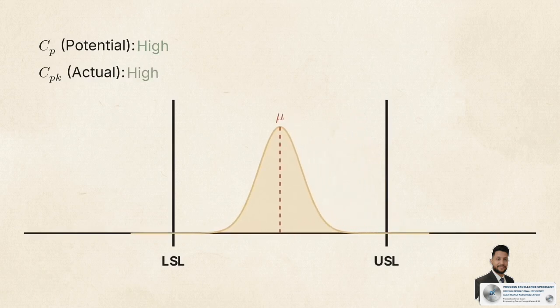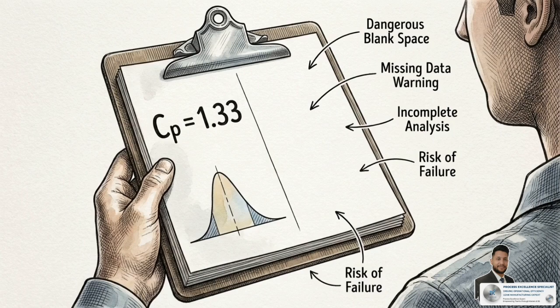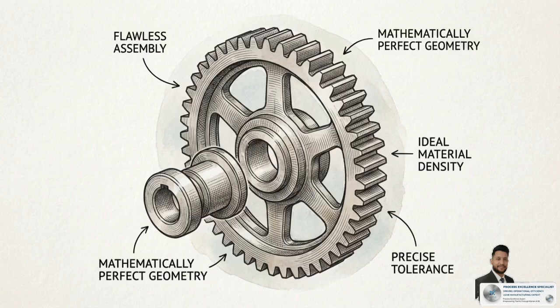This leaves process engineers with one final operational mandate: never accept a capability report that only lists one metric. Isolation breeds blind spots. CP tells you what your equipment is theoretically